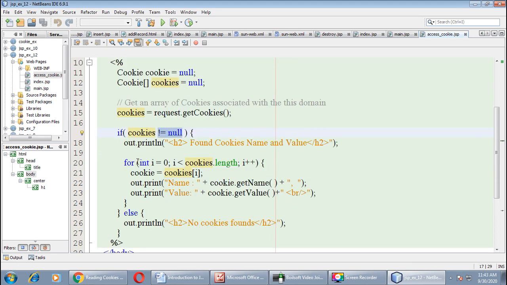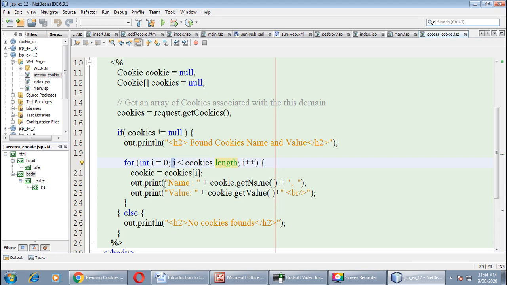Then for the cycle we will take one for loop, right? Here i is initialized with 0 and the condition is i is less than cookies.length. As you know that the index of array begin with 0. If we created two cookies, then it will iterate for loop 0 and loop 1. Value of i is 0 and value of i is equal to 1, and then i++. So we compared the value of i with the length of cookies. So this will execute 2 times, right?